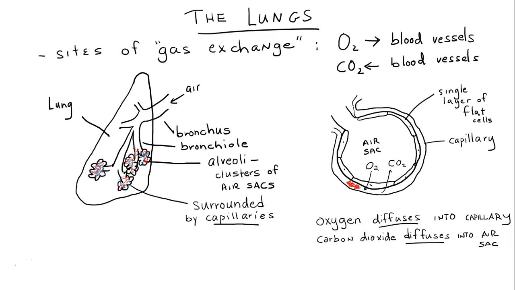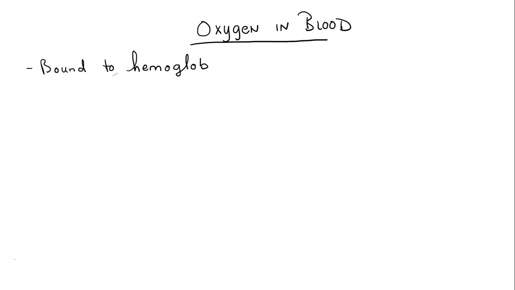And so the carbon dioxide is higher in the capillary than in the air sac, and carbon dioxide diffuses into the air sac. And so the oxygen turns the blood red when it binds to hemoglobin, but the blood coming in the capillary from the body is still blue. Okay, so oxygen is going to go into the bloodstream, and let's take a look at that. Oxygen goes from the air sac and diffuses into the bloodstream where it goes into red blood cells where it's